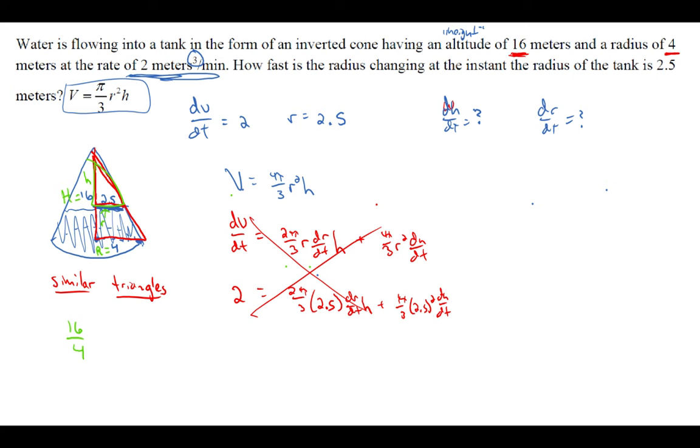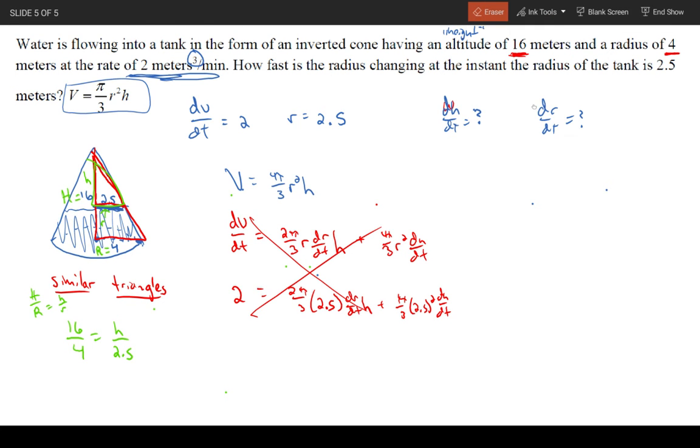This would be equal to, so I did my height over my radius equals my height over my radius. So this would be equal to h over 2.5. In other words, big H over big R equals little h over little r. And when I do that, you'll see I actually have a good little ratio here. So what I could do is just either solve for h and then plug that in, or the better thing I actually want to do is I'm going to find